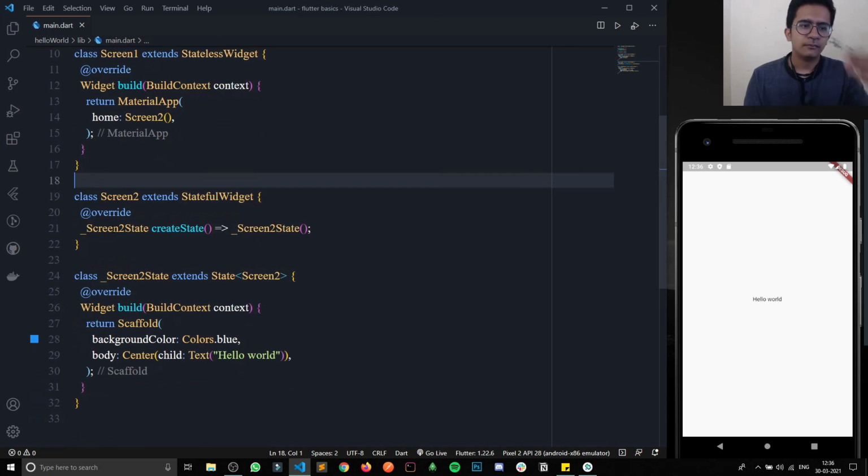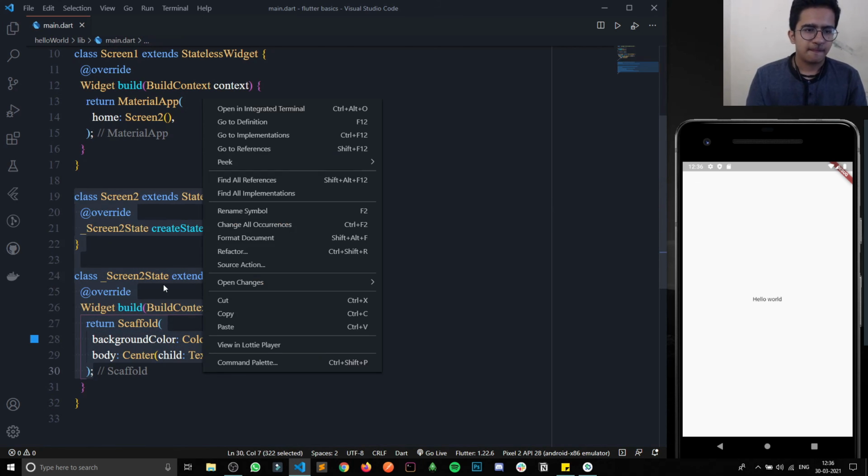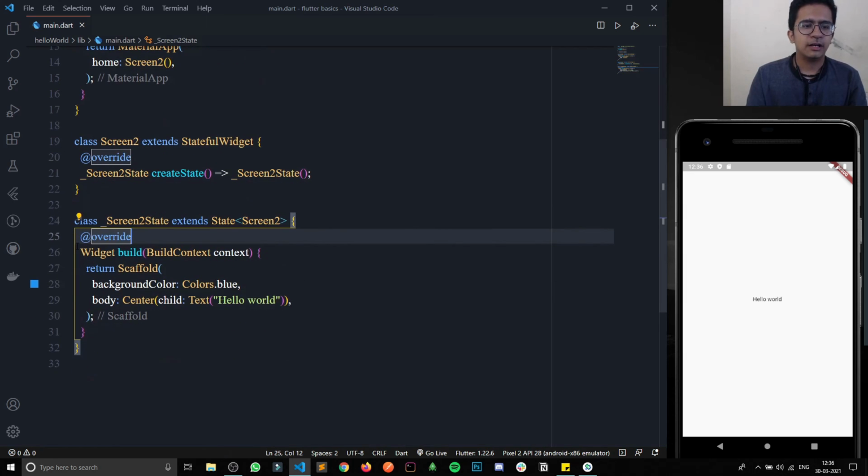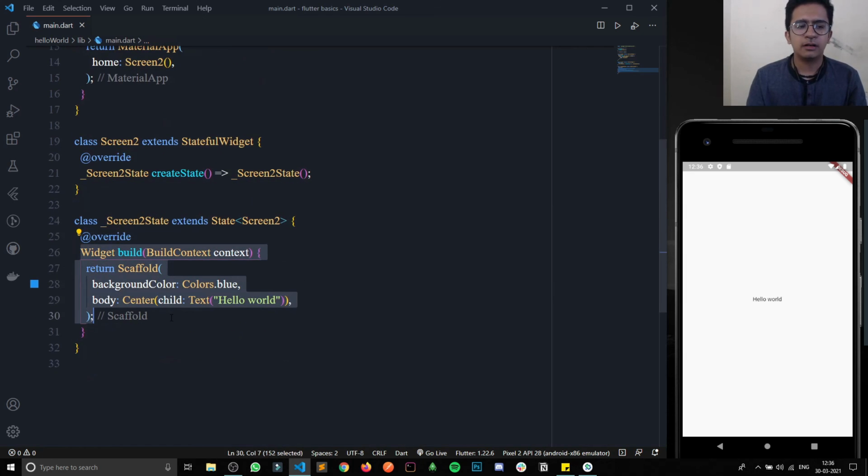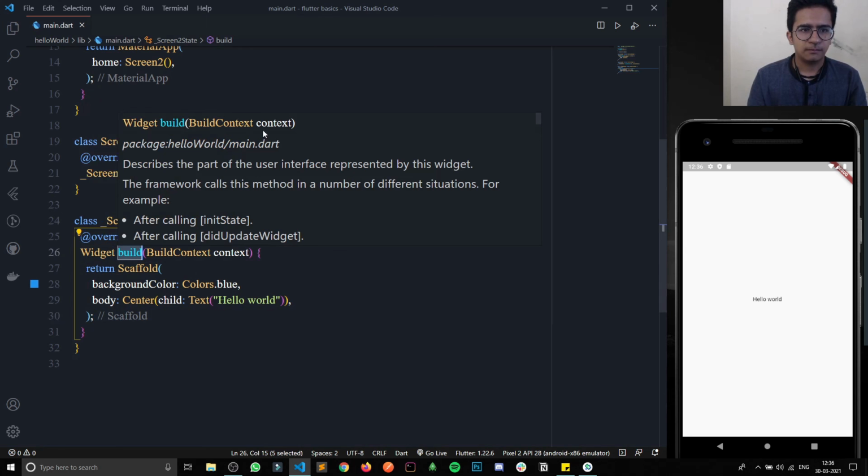And inside here, by default the build function is called, and inside the build function we have to return something, right?